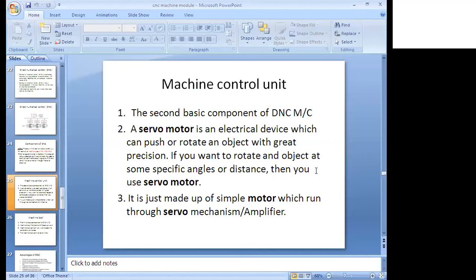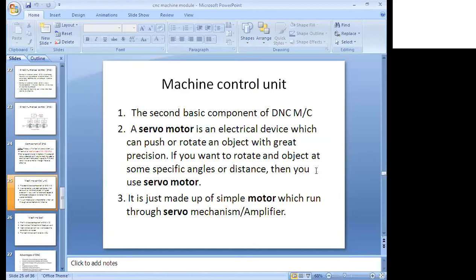I hope you are understanding clearly. Nothing is difficult here; it is a very easy concept, one of the easiest models. You can write a number of points in the exam generally. The thing is that you have to understand the concept: what is NC, what is CNC, then what is DNC. Understand this difference, then understand the block diagram. Nothing in that, it is very simple. Within 1 hour you can complete the topics.